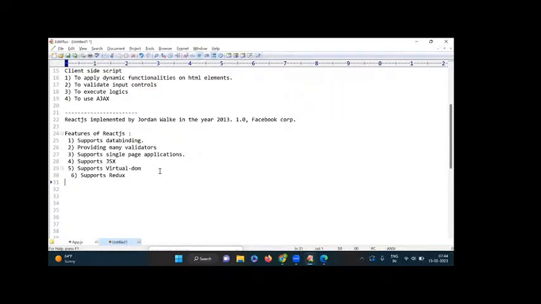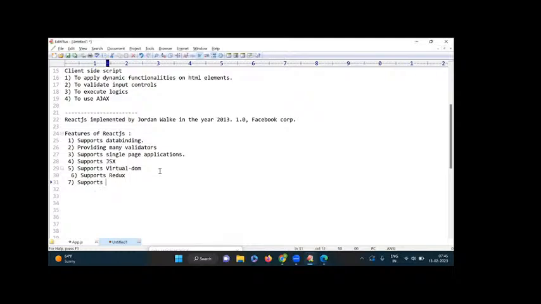Okay, Redux provides more enhanced features than cookies, sessions and other objects. So we are also discussing local storage and session storage, and along with that, we are also discussing the Redux concept. I will explain what Redux is and what the benefit of Redux is. Okay. Next one here,